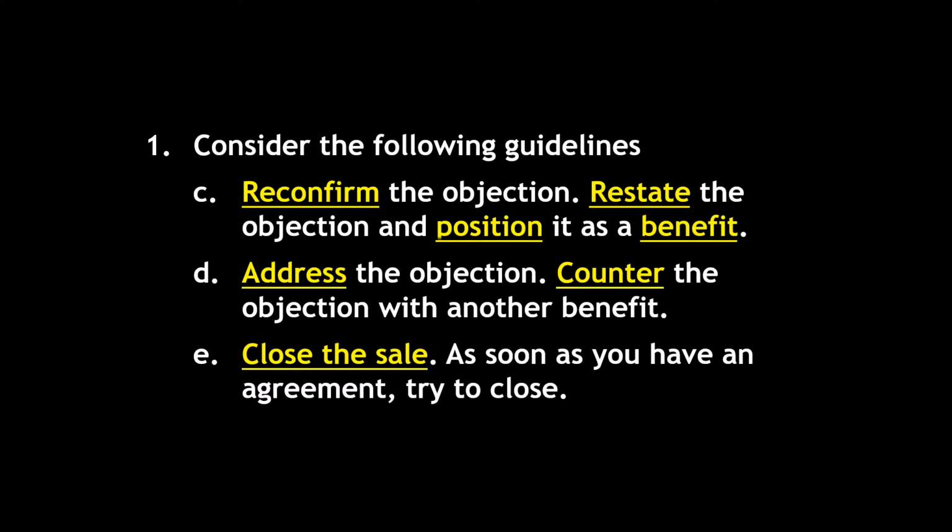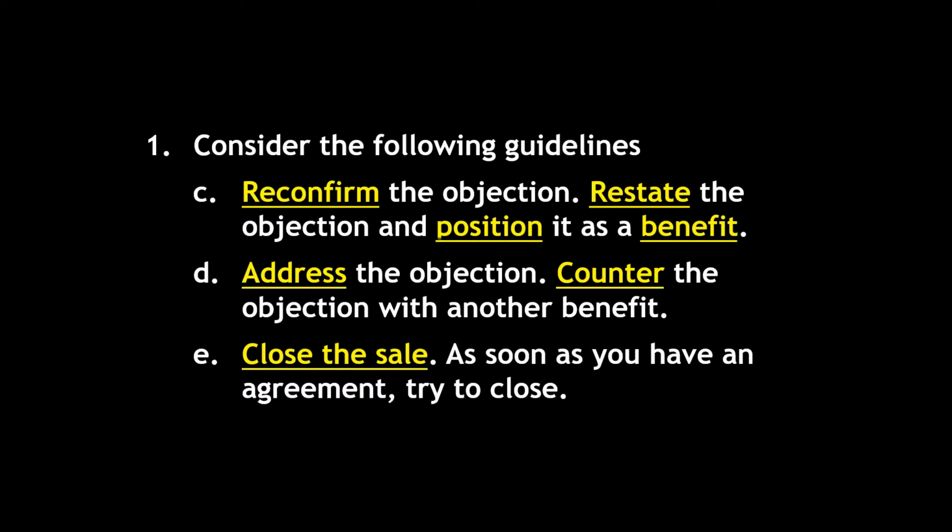And that leads us to addressing the objection. Counter the objection. If it's something that can't be positioned as a benefit, counter it with a different benefit that may be a more strong argument as opposed to the objection that the client has. Finally, close the sale. As soon as you have agreement, try to close. If you're able to persuade that the objection that the client has is not as bad as they thought it was going to be, if they see your side of the argument that you're making, go ahead and try to